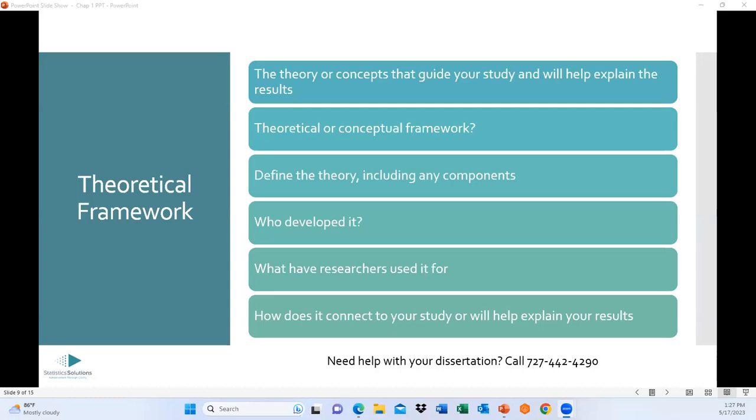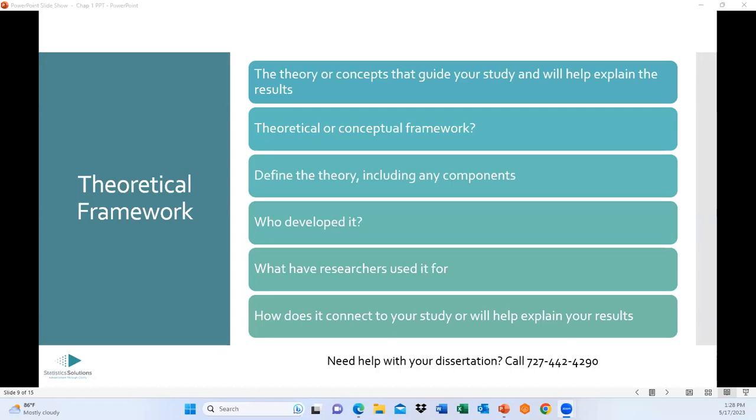Now, what does the section look like? Okay, so you probably want to start off pretty pat by identifying the theories that you're going to use. I'm a firm believer in not using anything that you don't need to use. So, in other words, if you can get away with one theory, perfect. Sometimes you might need two, maybe three, but I see people piling on more theories, because they just think they need a lot of theories for some reason. You only need what you need.